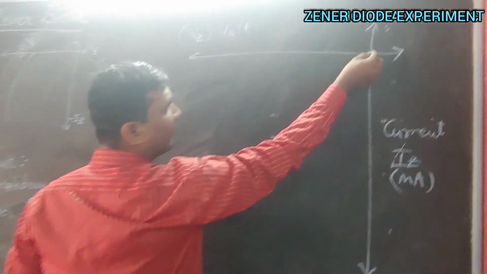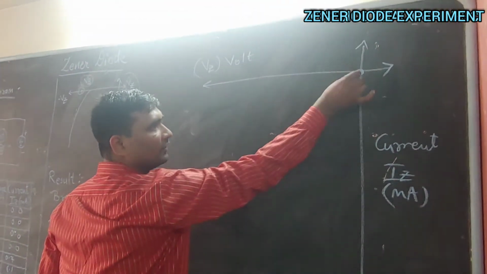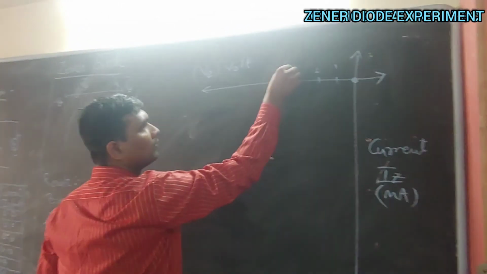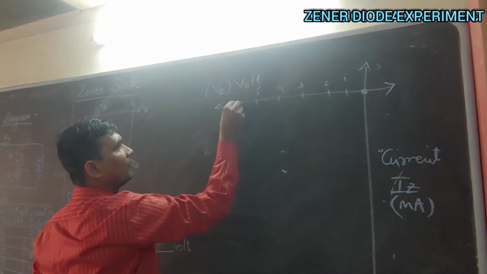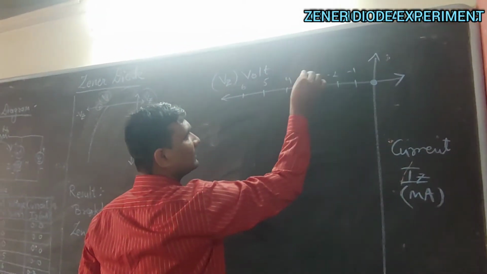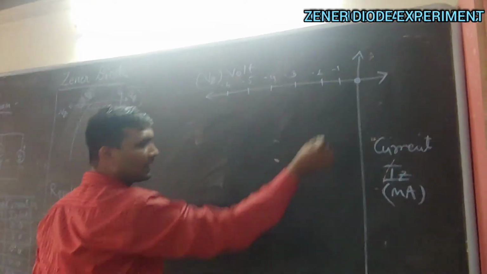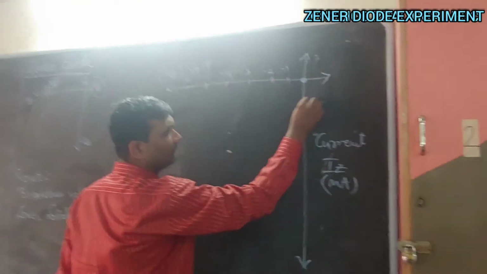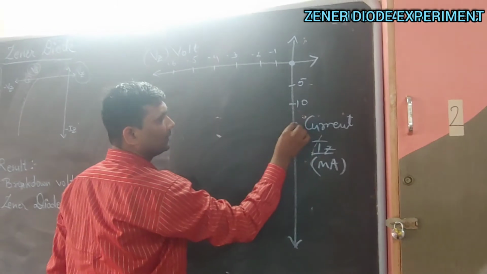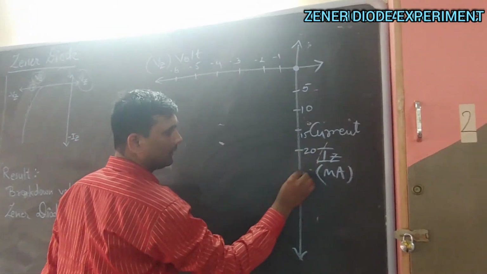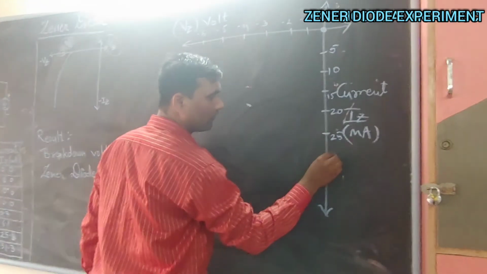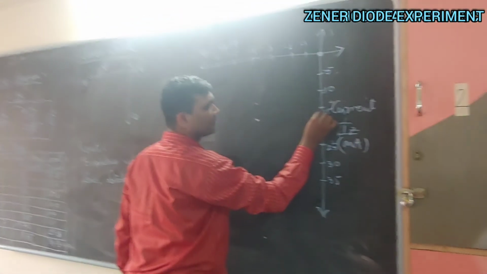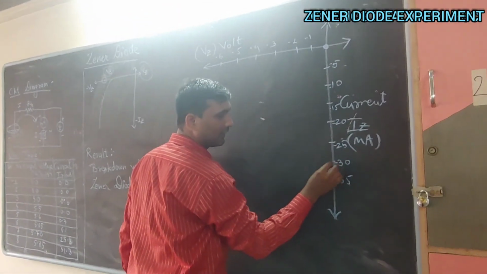Coming to these values, 1, 2, 3, 5, 5.5, till 5.5 it was 0. So you can start from 5 also if you need. You are not supposed to start with 0. You can start with 5 also, no issue. But let's start with 1 only. 1, 2, 3, 4, 5 and 6. This is with the minus sign because it is on the negative axis. Coming to the current, it is still 31, so I will go with 5, 10, 15, 20, 25, 30 and 35. And the main thing is the negative sign, because it is on the negative axis.